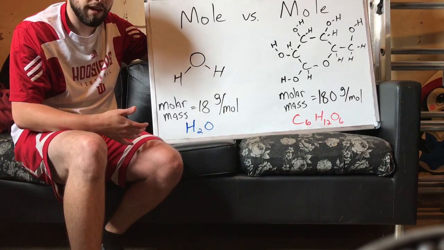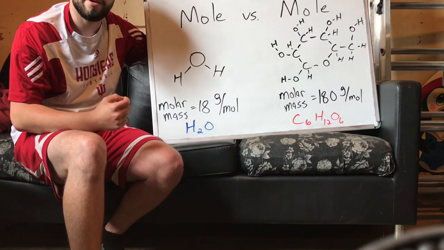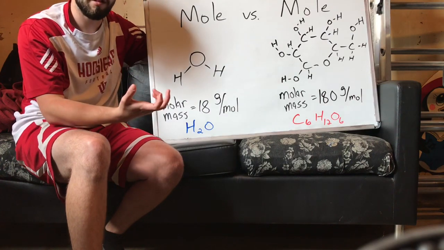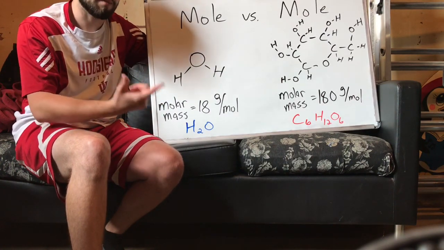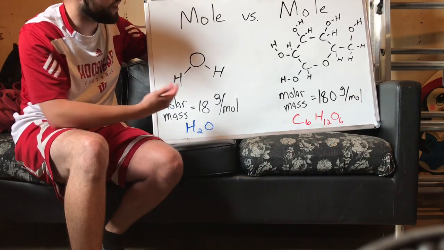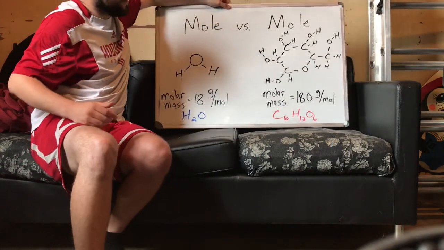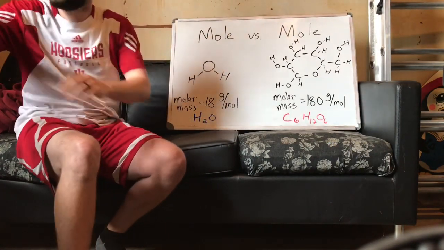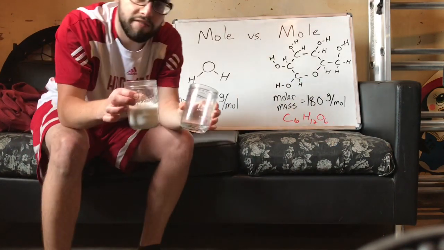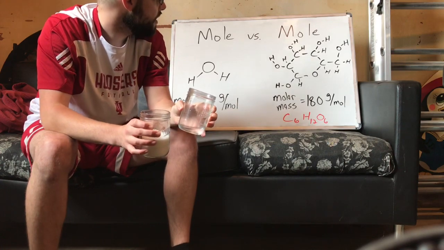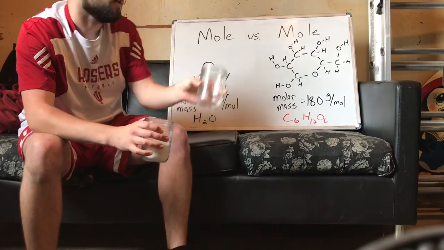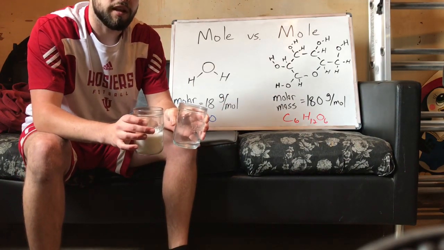So the mole, it is a unit. It's a unit that's based off of a number, like a dozen. A dozen is 12, a mole is 6.022 times 10 to the 23rd. So we can see that not every mole is going to look the same. We did the example of a mole of water and a mole of sugar, and they don't look the same. They look like they're different amounts. That's actually because of the size of the molecules. The number of molecules is the same.